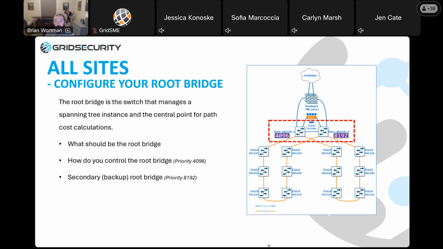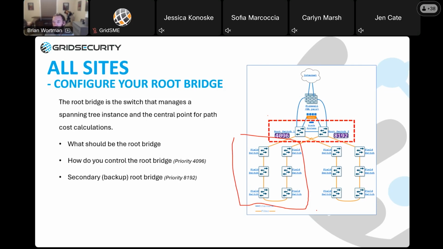Another thing we can do at all sites is make sure you configure your root bridge. The root bridge is the switch that manages a spanning tree instance. So we've got our field loop over here. If it's got its own instance, the root switch will control the winning topology in that instance.